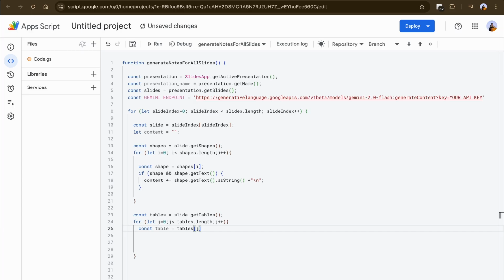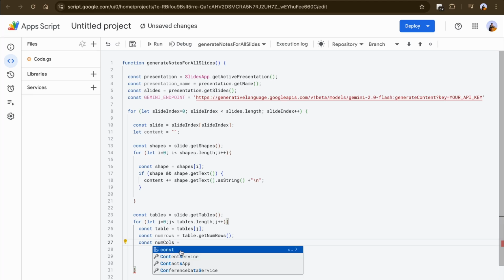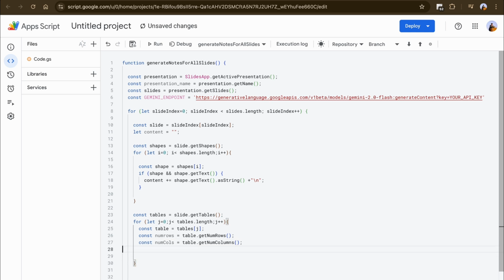j, and after which I want to get the number of rows that are available in the table, so I'm going to do table.getNumRows, after which I want to get the number of columns that are available, so I'll do numCols, make this const, I'll do table.getNumColumns,